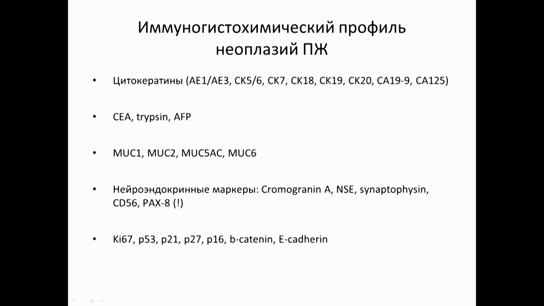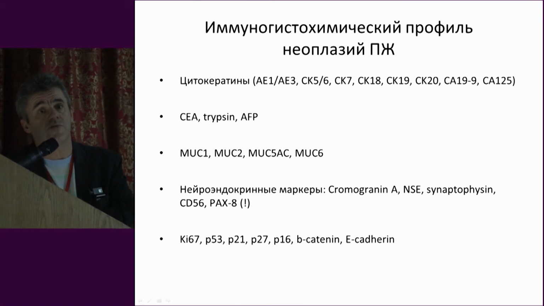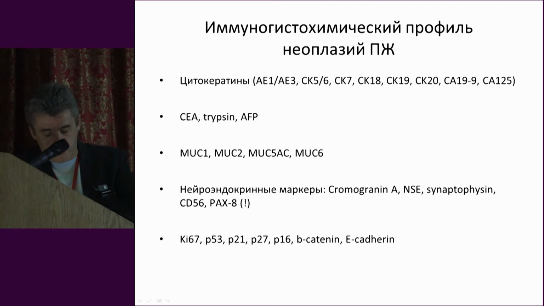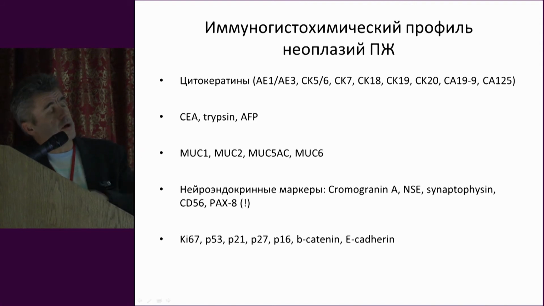It is clear that in order to do deep diagnostics, we can use contemporary methods of immunohistochemistry, which once was seen as a panacea which will solve all the issues, but it turned out not to be a panacea. Nonetheless, it's quite helpful in a number of issues. When we speak about neoplasia of the pancreatic gland, we use a group of antibodies, for example, cytokeratins, which enable us to assess the type of epithelium and its products in the